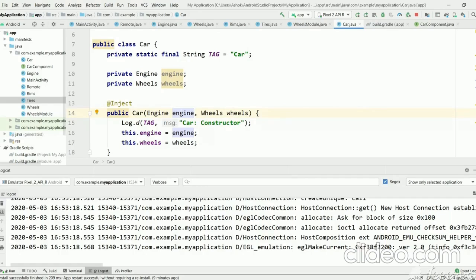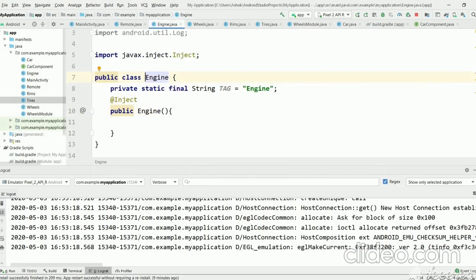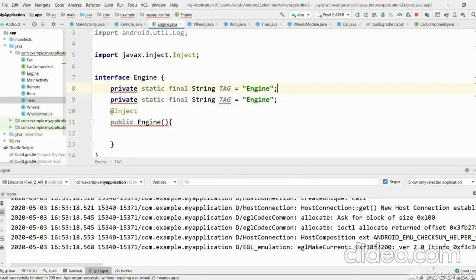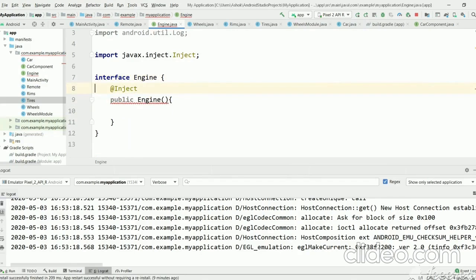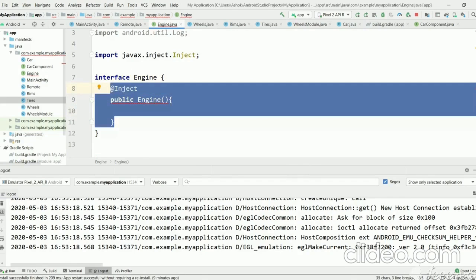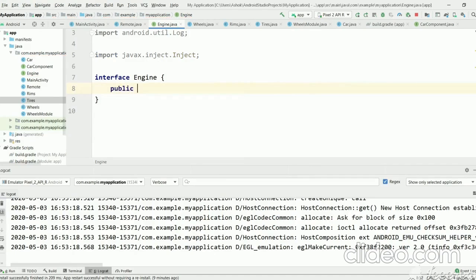So let's change engine to an interface. An interface doesn't have any constructor. Let's put one method, start. So now if it is like this, what happens if we run the program now?